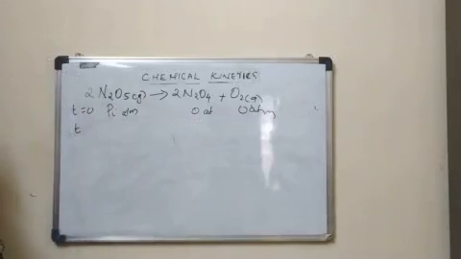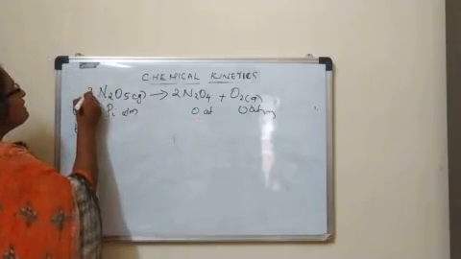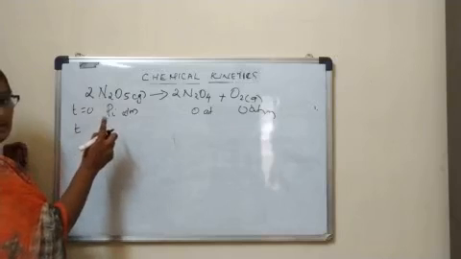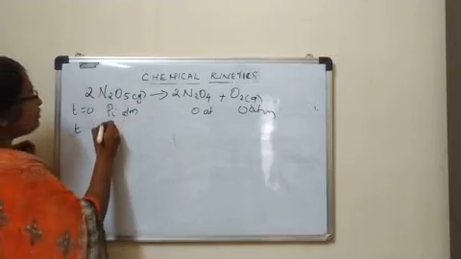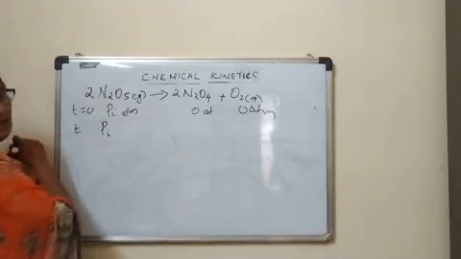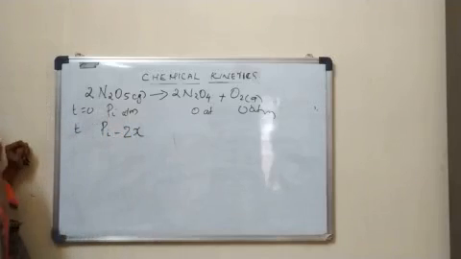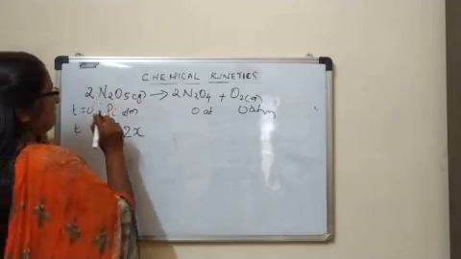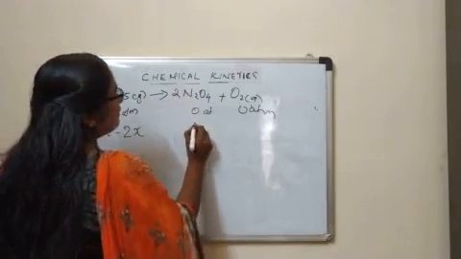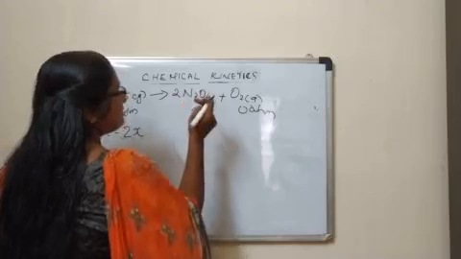So since the coefficient is 2, we can define that 2x be the decrease in pressure at a time t. That is, the pressure due to N2O5 can be written as Pi, the initial pressure, minus the decreasing pressure, that is 2x. The pressure of N2O5 decreases by 2x, let it be like that. And here the number of particles, as 2 disappear, here same. At the same time 2 moles of N2O4 appear.